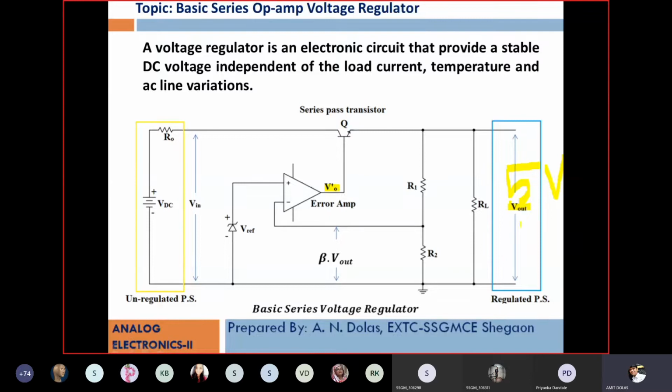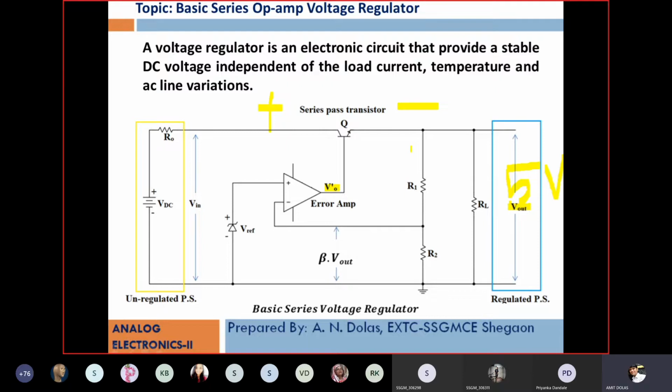And if there is a fluctuation in 5 volt, say a decrease or increase, the same will be corrected by the feedback network, reference generator, and error amplifier, and the fluctuations will be absorbed across the series pass transistor. I hope you understood the concept of